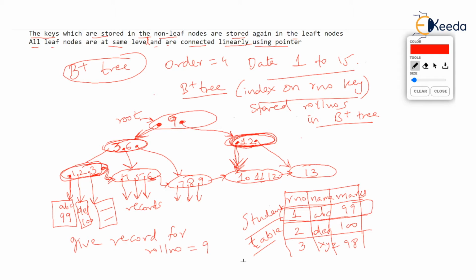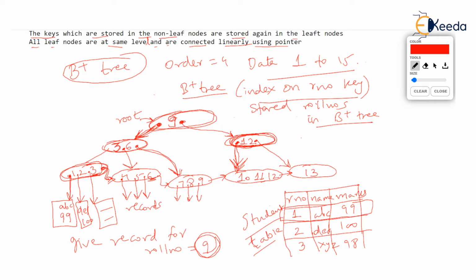What the DBMS does is that it starts searching for 9 in this index, isn't it? And it gets 9 right at the root. Good news. It gets 9 at the root, no doubt. But it continues its search till the leaf. Although 9 is found in the root, it will now search to the left of 9, because 9 should be stored again to the left of 9 and then to the right of 6.